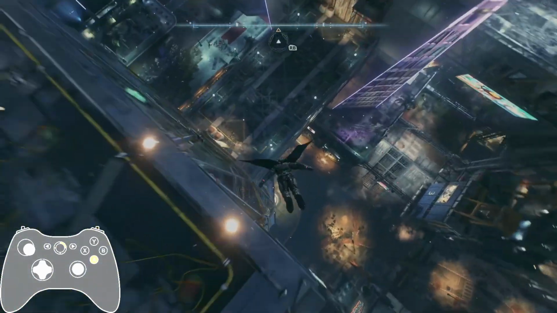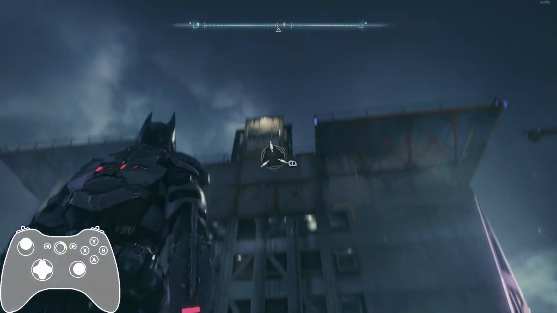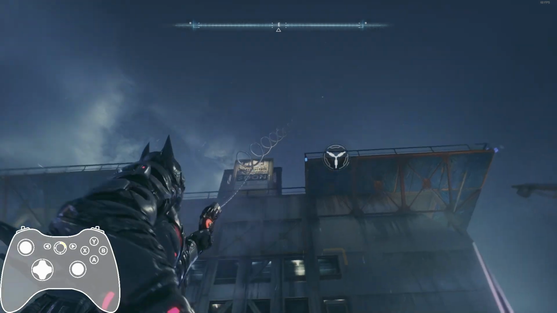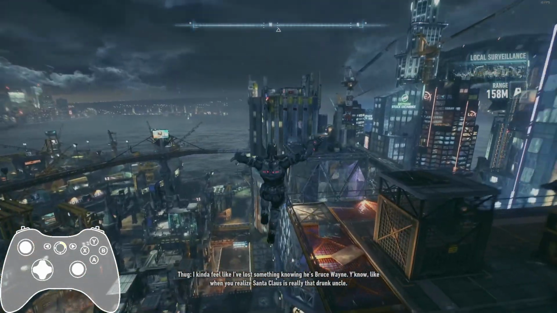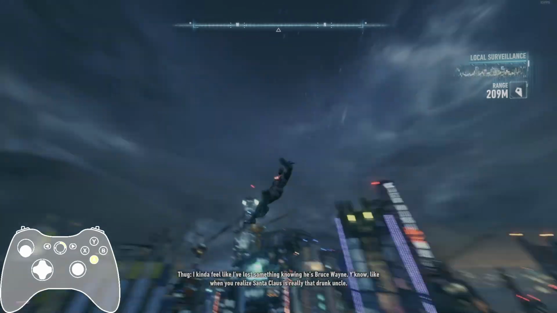All right, fly up, that kind of thing. If I'm falling, no fall damage because he just uses his cape to parachute essentially. So if I don't pull back on the thumbstick, he doesn't flip backwards, he just goes forward. That can be a detriment sometimes, so that's why I usually just hold back on the thumbstick and then he